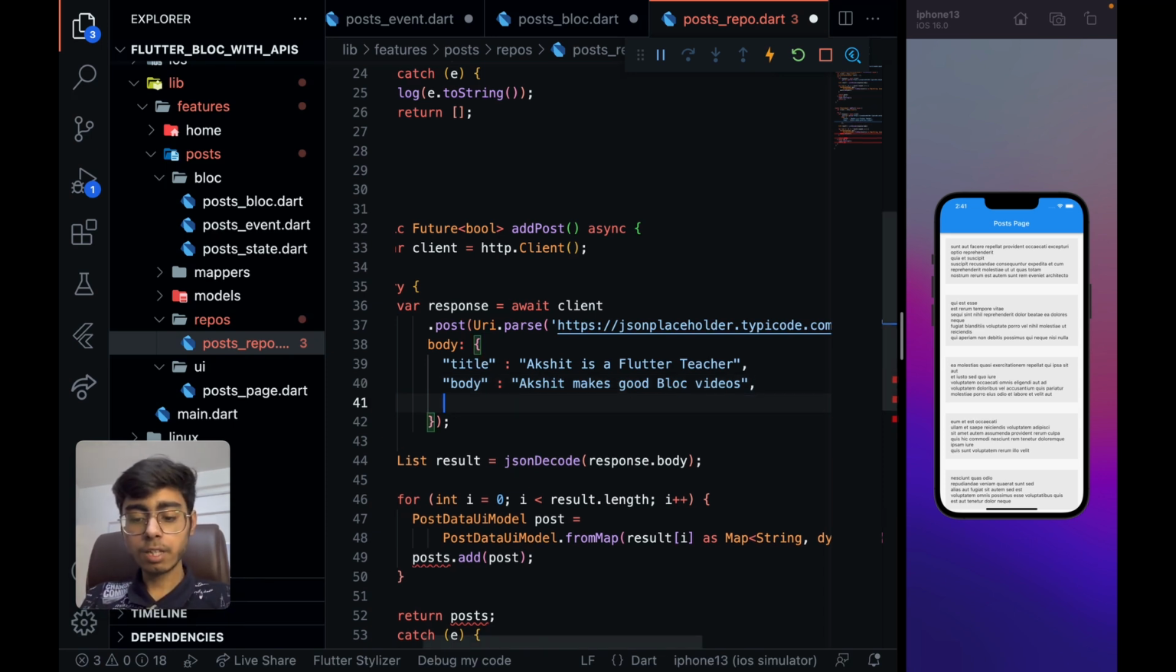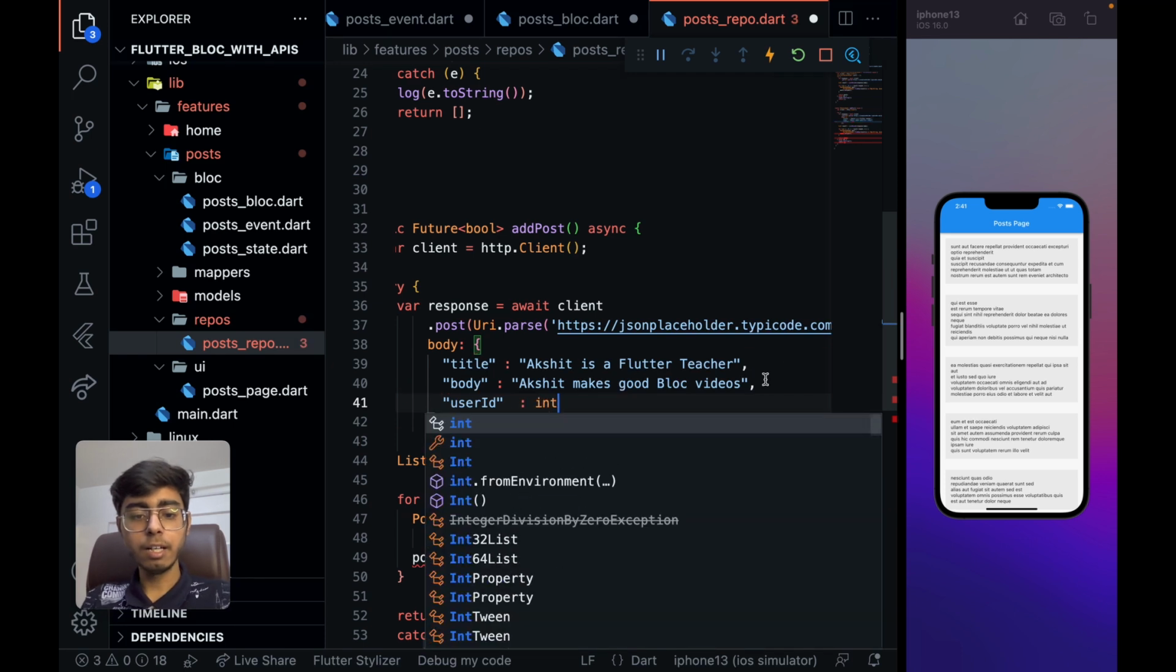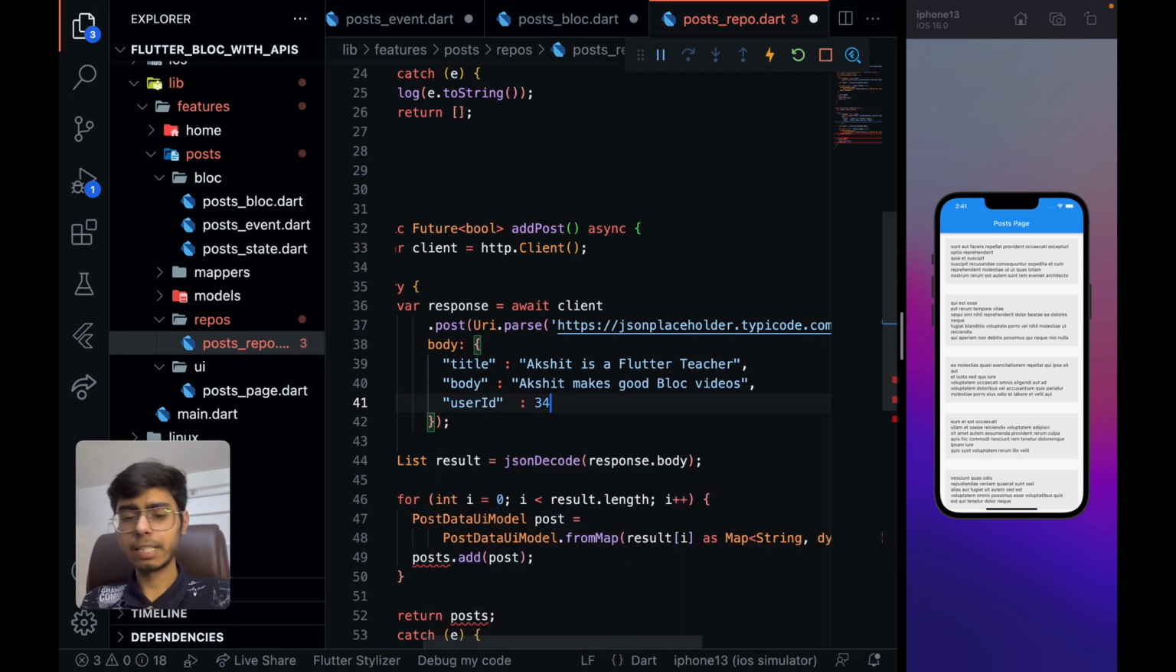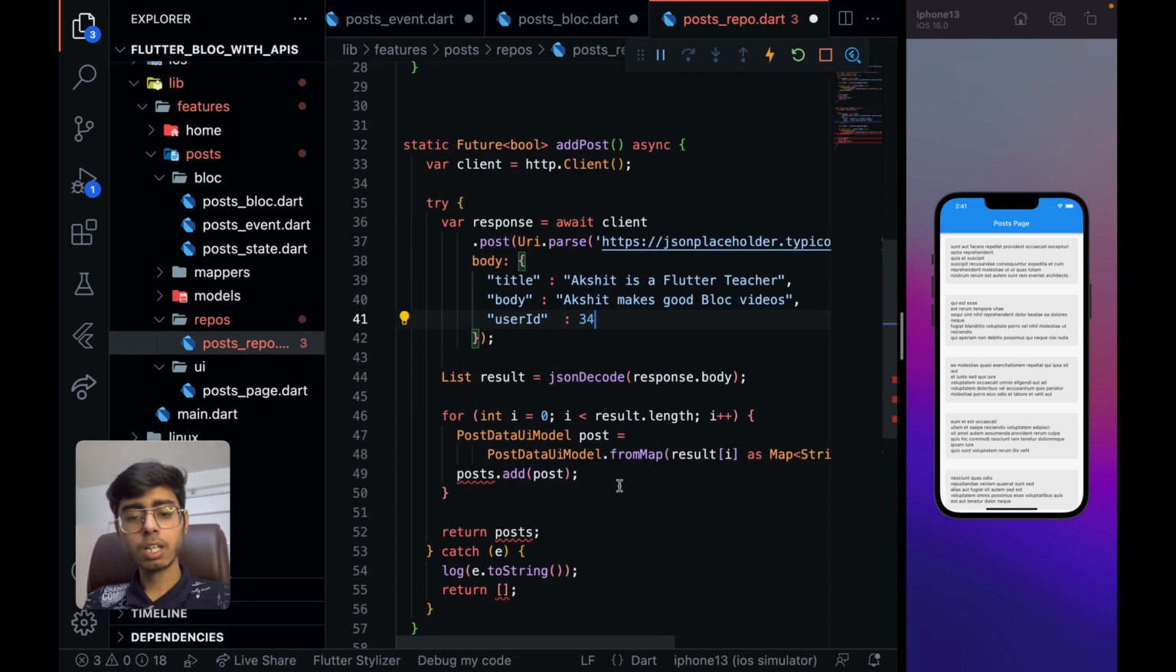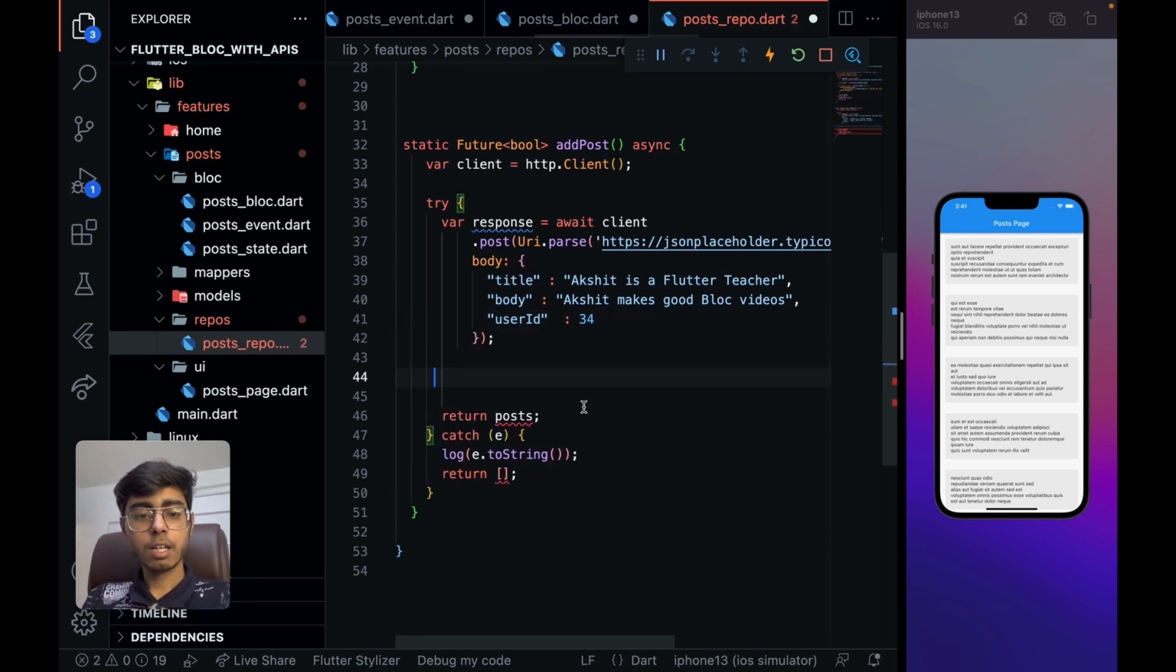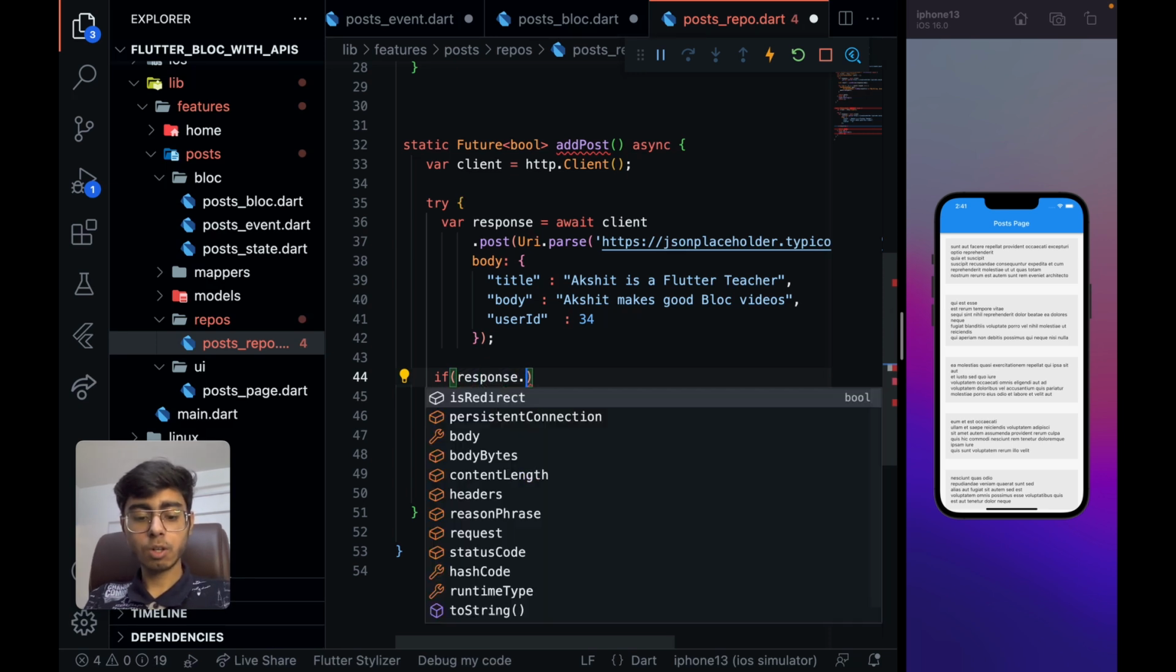So now we have user ID. User ID was an int, so we can add int 3, or let's say any random number. I'm just hard coding it, right? Now this for loop will go away, result will go away. And if this is successful, I can say that if my response dot status code